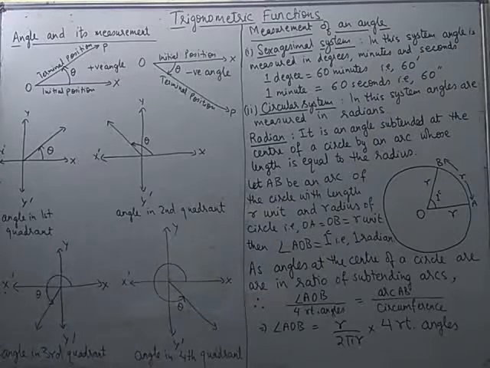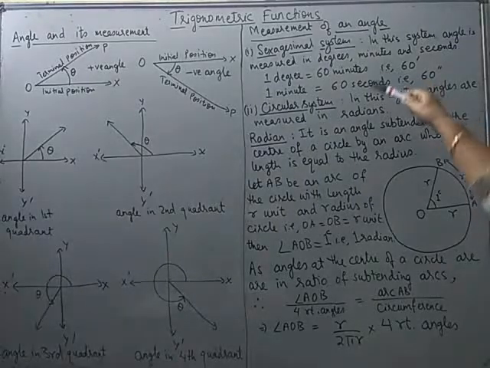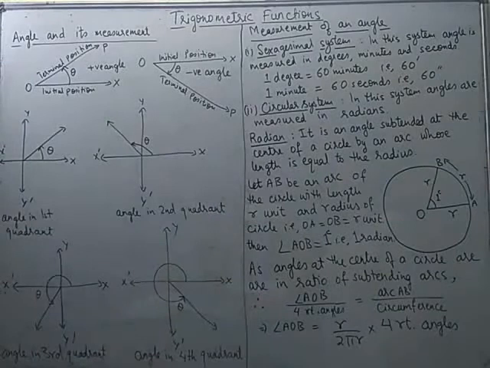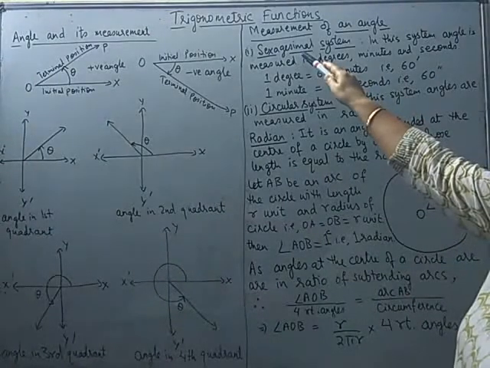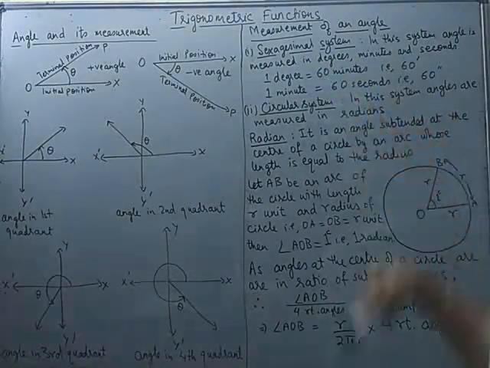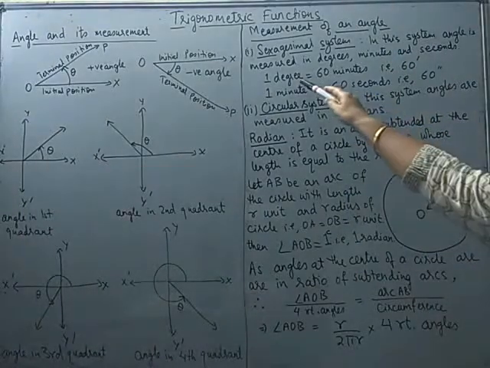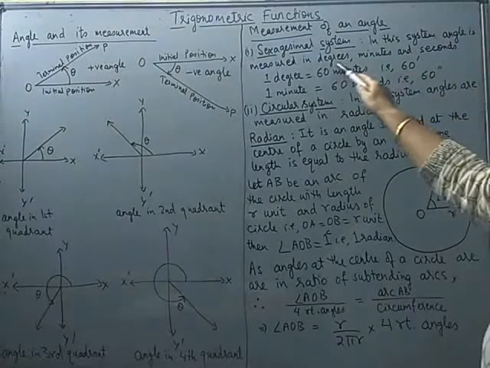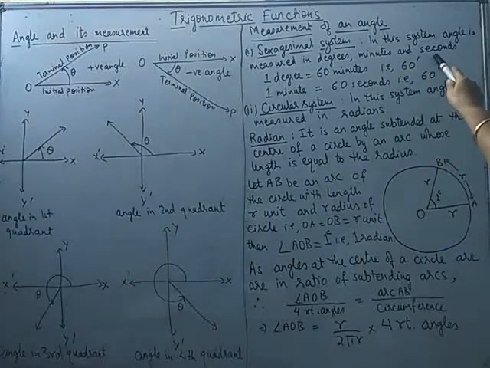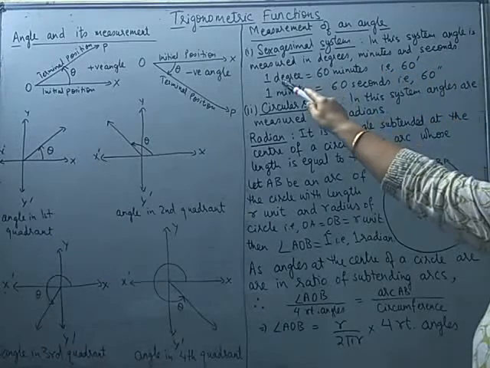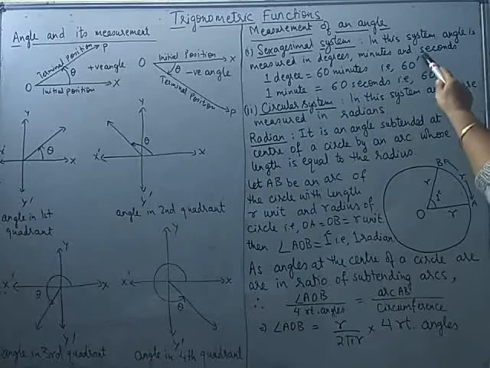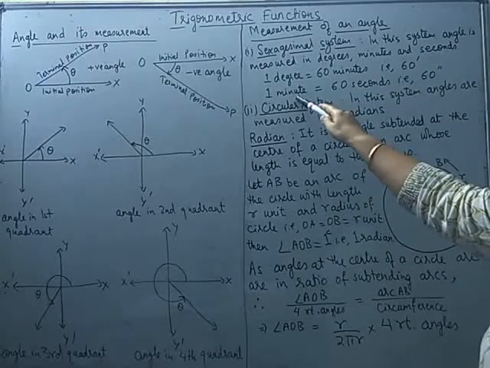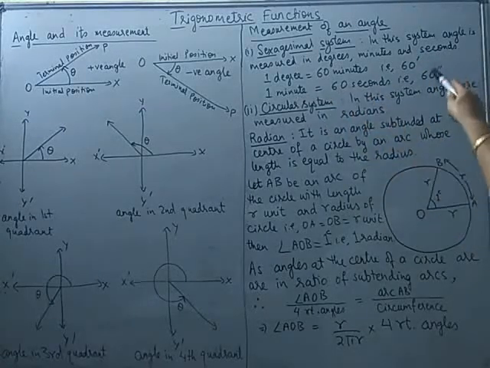Now coming to the measurement of angles, though there are three systems, we have only two in our syllabus, and we'll be discussing them. One of them is called the sexagesimal system. Now this system we had been using, but up to the level of degrees only. Now we will talk about even smaller units of angle. In this system, angle is measured in degrees, minutes and seconds. 1 degree is equal to 60 minutes. This is the notation for minutes. And 1 minute is 60 seconds.